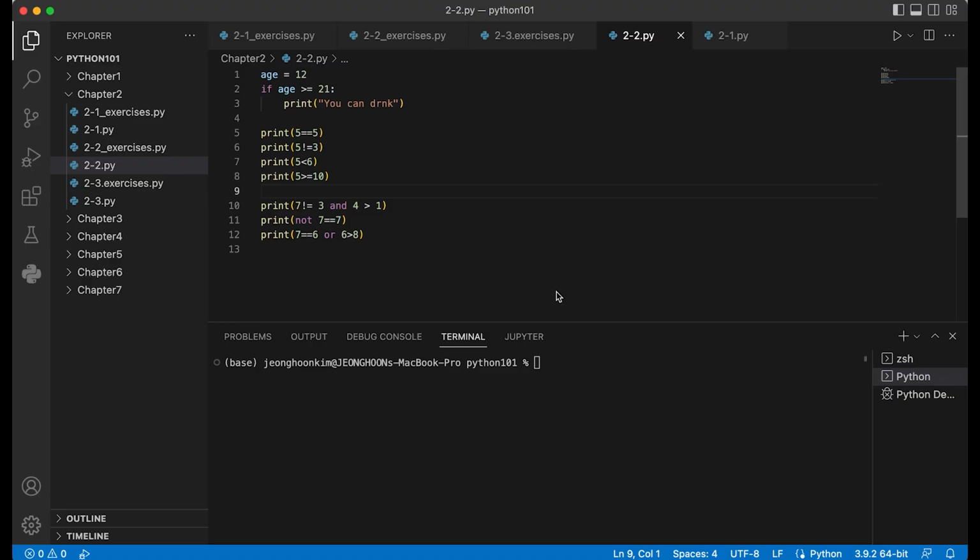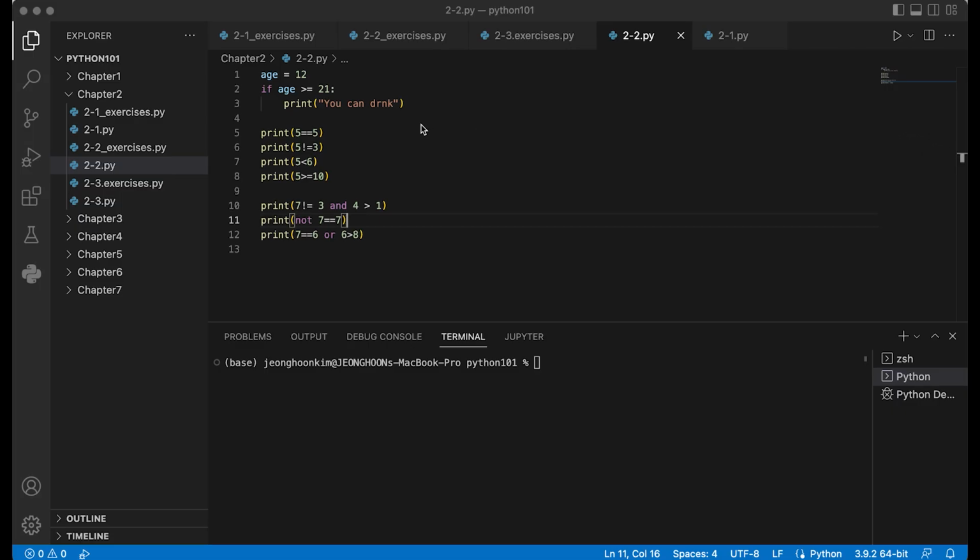Hi, everyone. All right. Let's use VS Code to test out what we've learned in actual code. In chapter 2.2, we learned the data type Boolean. We want to test out how it works in VS Code. We use a Boolean to make decisions and to control the flow, right?